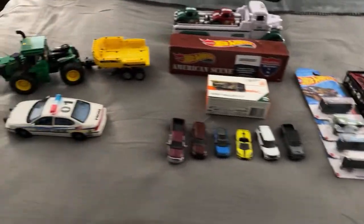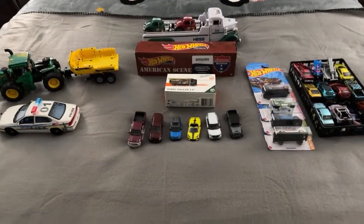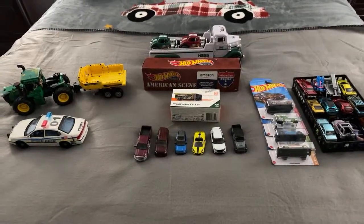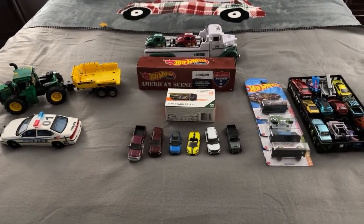This is the next Diecast 2023 live stream. Or I should say February 2023 live stream. This is the first one of 2023. The last one I did was around the end of 2022 in December. And I did say